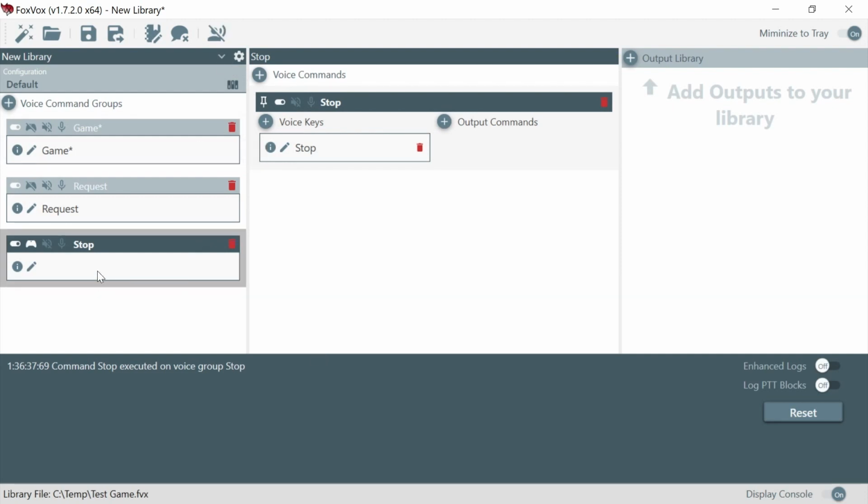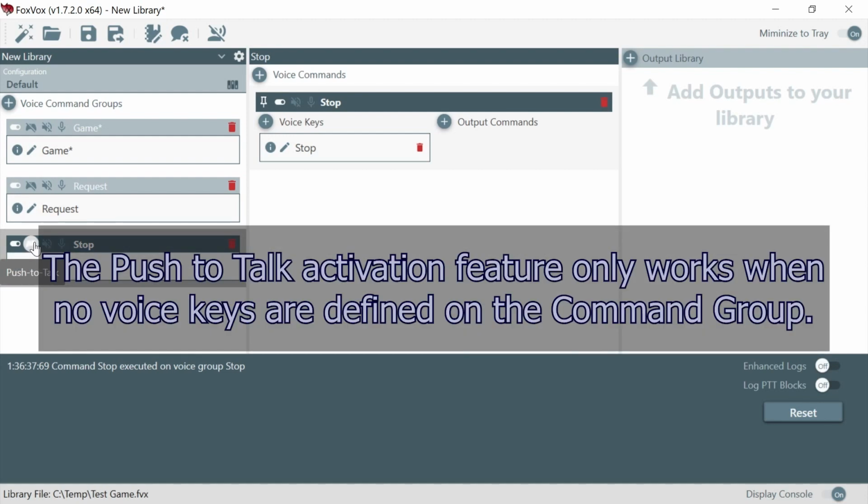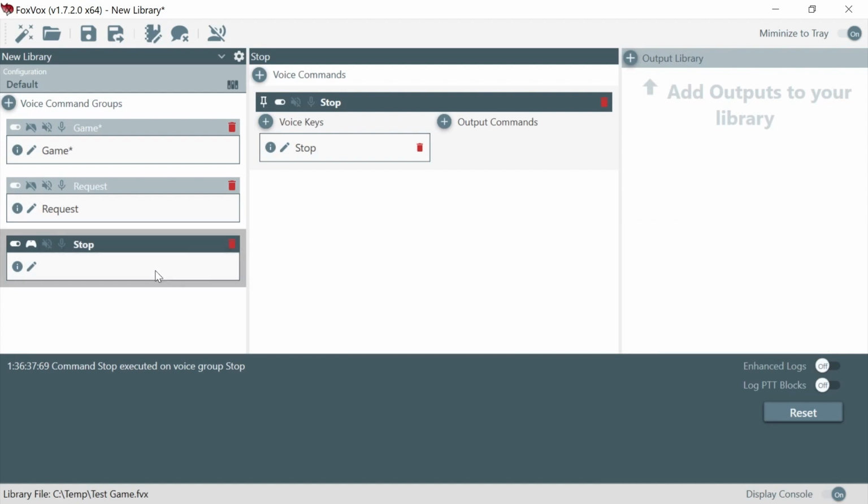Okay, so the push to talk can actually be used as an assignment to get onto a key. Again, be careful with this because if you create another key that does the same thing and is bound with the same button, if I did the S key on another command, the first one would be the one that it would activate on. So even though I might have other commands defined on other keys that would follow after this,